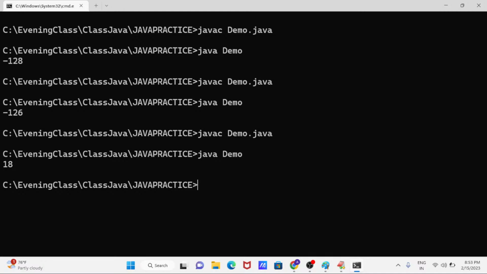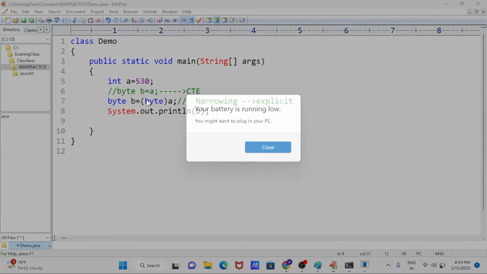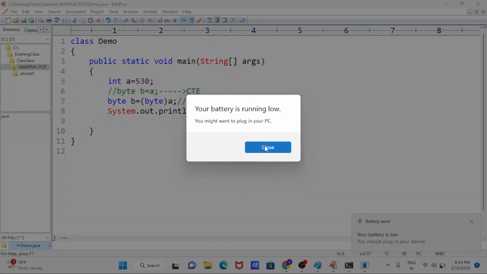What are you getting? Not minus 127, not minus 12. You will get 18. I took 530, so how are we getting 18? You know, right? Very good. First it goes circular like that. Now tell me, guys, here I am storing 530 but my result is 18. So is there data loss or not? Still, if you are using the typecast operator, you have data loss.